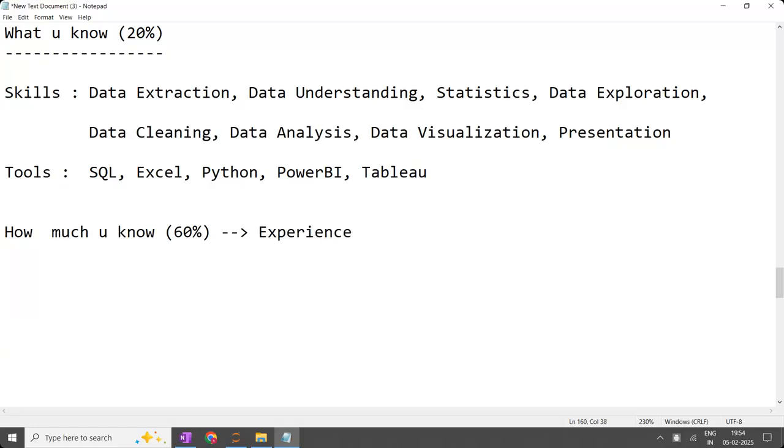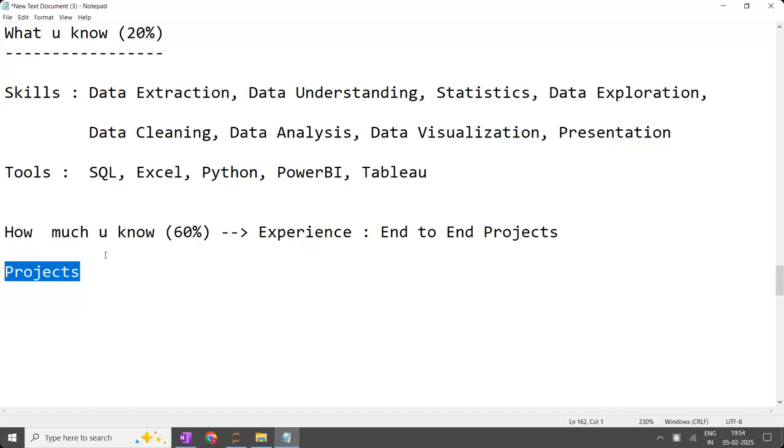That experience you are going to show by showing the projects. What projects have you done? Your end-to-end projects are all going to count as experience. Whatever end-to-end projects there are, they will be considered experience. How many projects you have done, that much experience you have. The same project done multiple times does not count, only different projects. How many different projects you do, that much experience you are going to have.